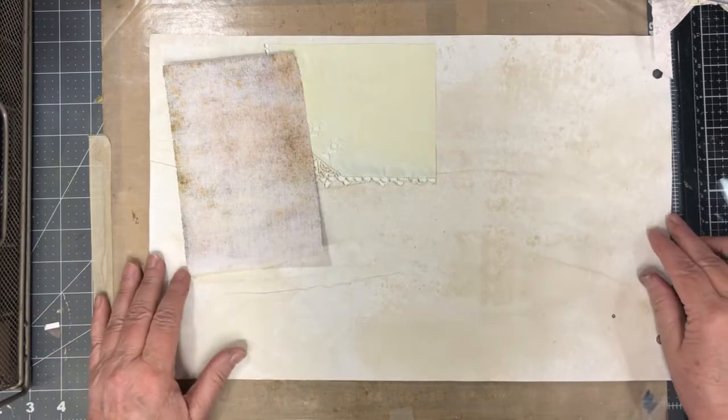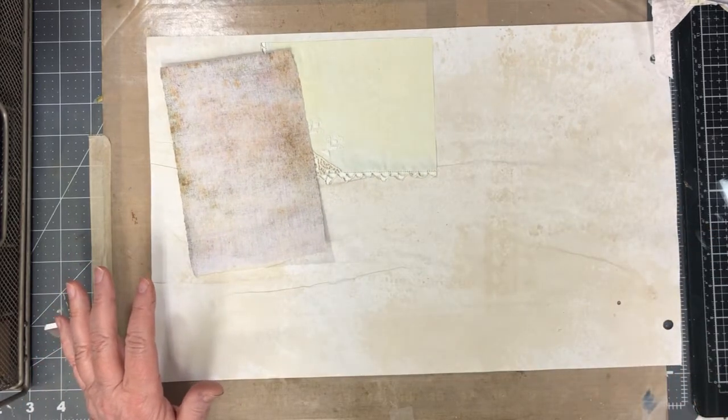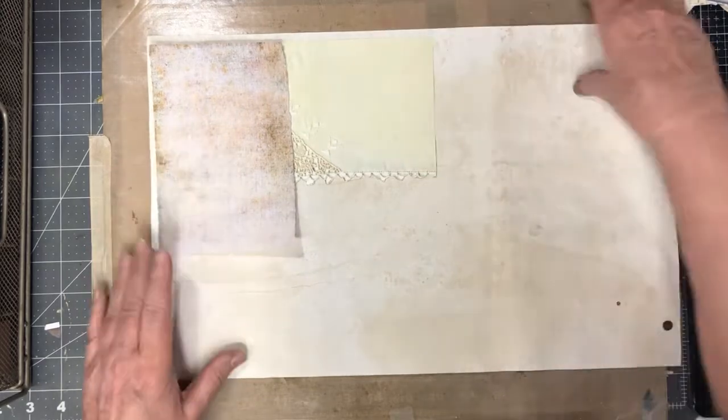Actually, the originals are a little bit bulky, so I don't like to use them in my journals. I like to scan them in. Okay, let's get this done,